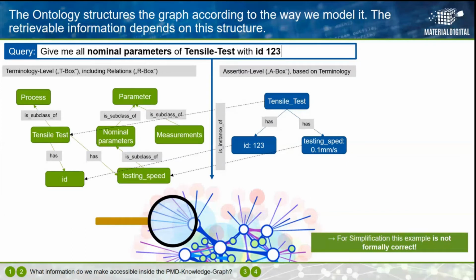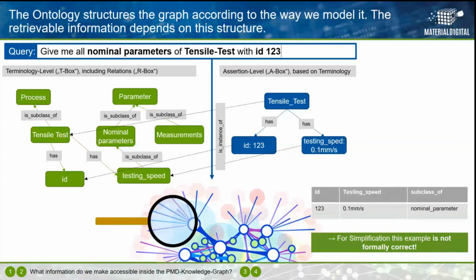And this distinction will accompany you all the time from now on. So please always be sure, when you're talking about the distinction, whether you're talking about the terminology development, which is something we need to do commonly and jointly with everyone involved, or whether you're talking about the instance level, where there is one tensile test instantiated from many classes of tensile test, and so it's an instance. And so this query, for example, could return information as shown here,